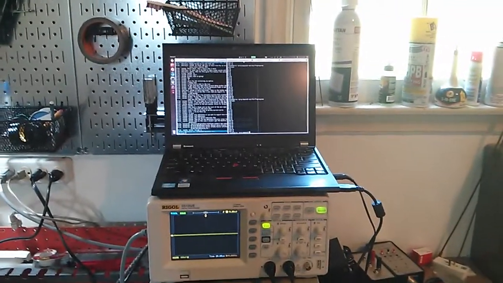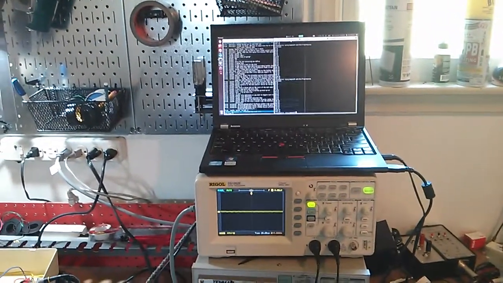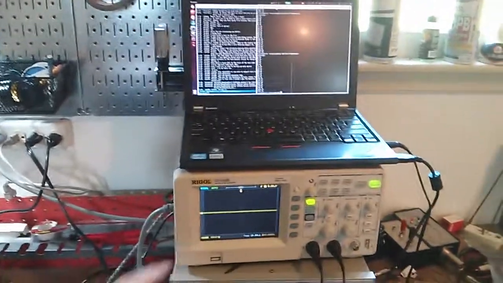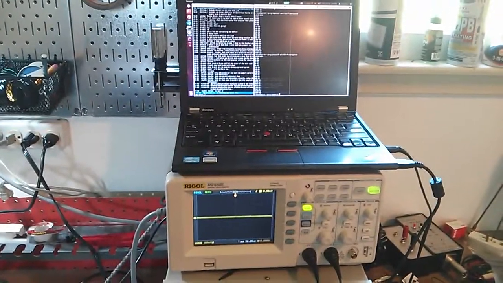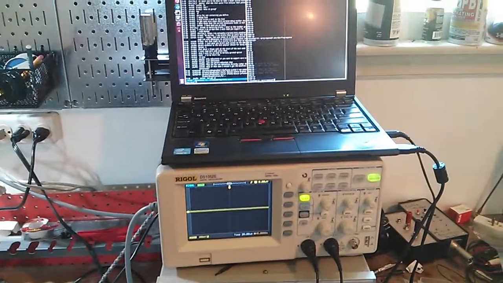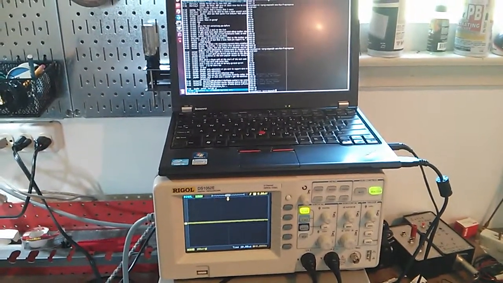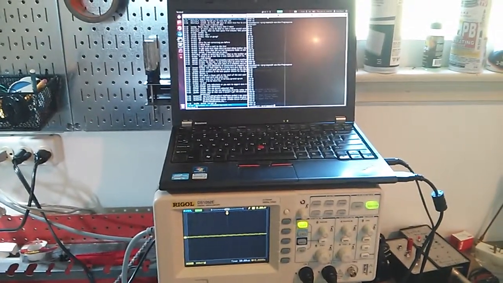Howdy. I just wanted to show off this thing I've been working on. What I've been doing is working on some software written in Python that can talk to my Rigol DS1052E digital oscilloscope. And what I'm doing with it is using it to generate frequency response curves for my